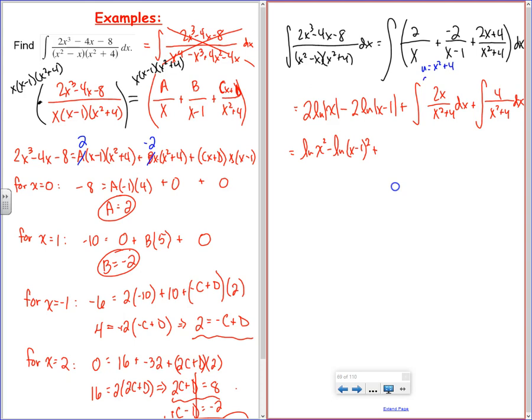ln of x squared plus 4. The du matches perfectly, so it's just gonna be ln of x squared plus 4. Why am I making these parentheses? x squared plus 4 is always positive. And then this will be arctan of, 4 times, how did the integral of 1 over u squared plus a squared go? 1 over a, which is 2, square root of 4, arctan u over